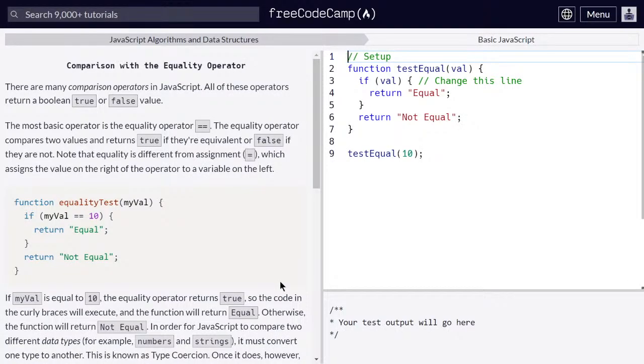That's called Boolean. There are many comparison operators in JavaScript. All of these operators return a Boolean value, true or false. The most basic operator is the equality operator. So the most